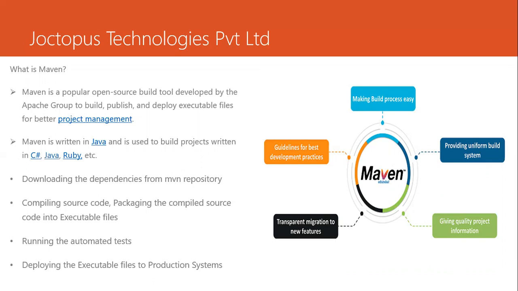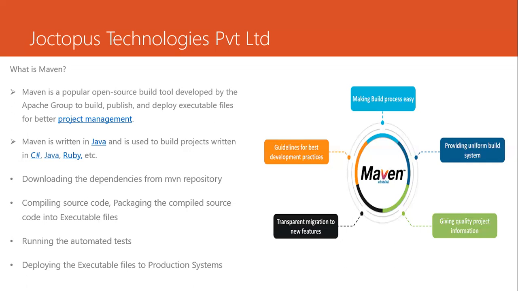Maven is written in Java and it is mainly used for building projects which are in C Sharp, meaning .NET, Java, Ruby, etc. We'll discuss some of the salient features of Maven. Maven is mainly used for downloading the dependencies from the Maven repository. Let us understand what is meant by dependencies, or what is meant by a dependency. For example,